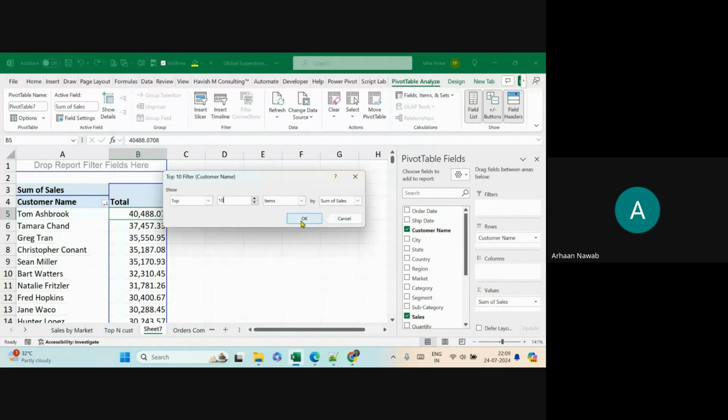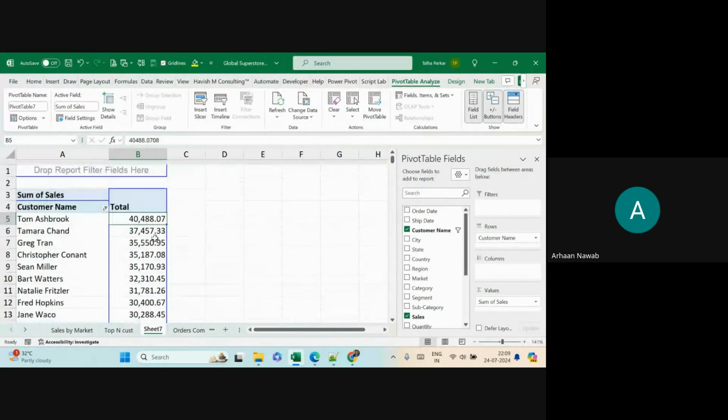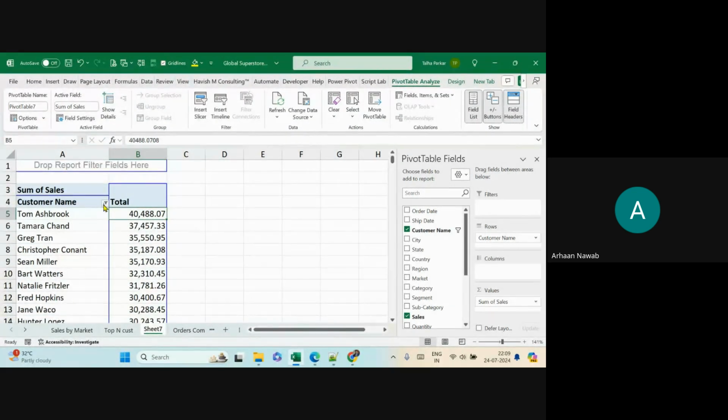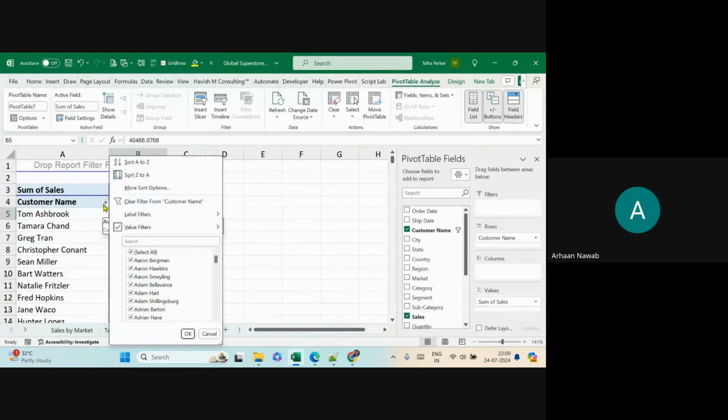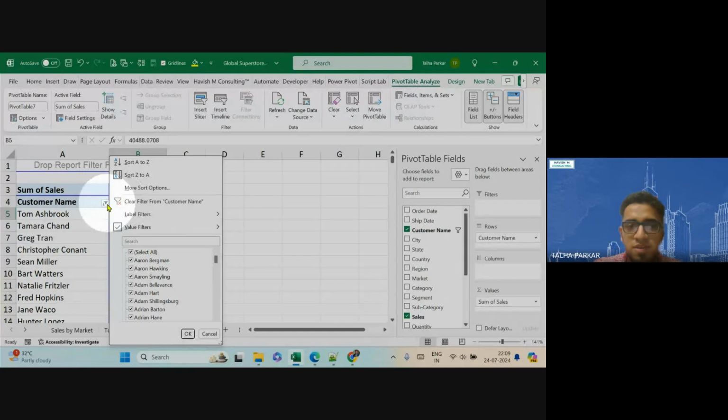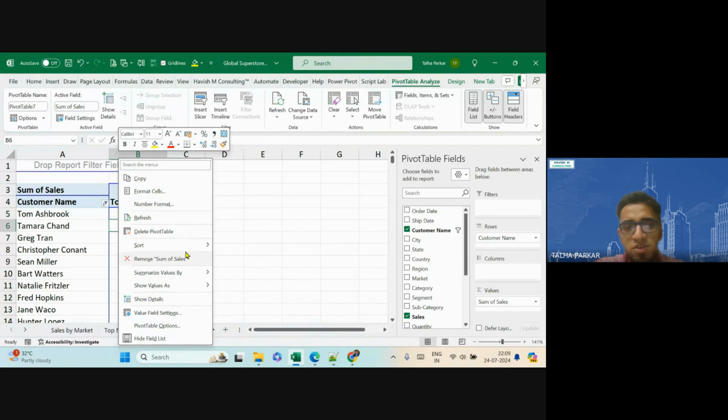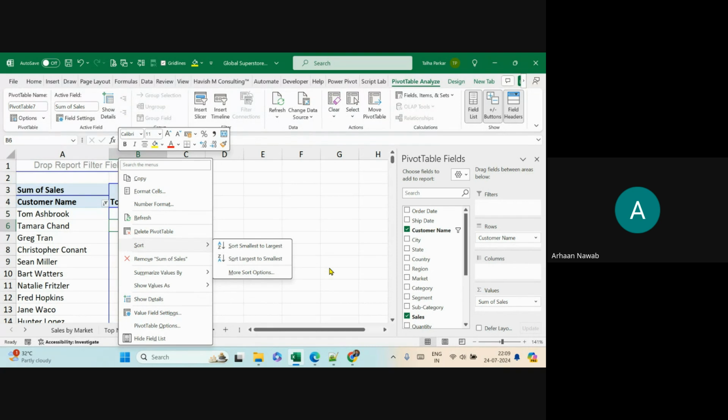Sir, mistakenly I did top 10 first and then I get the correct data. कोई बात नहीं, तो यहाँ से फिल्टर हटा दो, इसी ड्रॉप डाउन पे क्लिक करके फिल्टर क्लियर कर दो, राइट क्लिक करो, सॉर्ट कर दो, और फिर जाके फिर से फिल्टर लगा दो। Okay, okay. हाँ, सेम प्रोसेस।